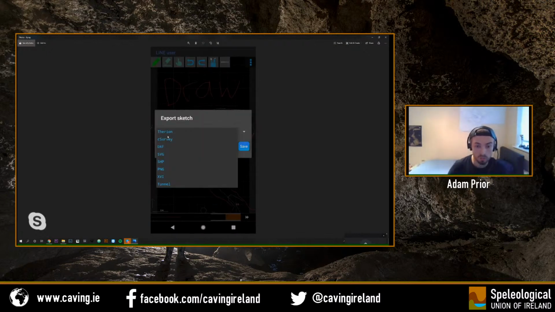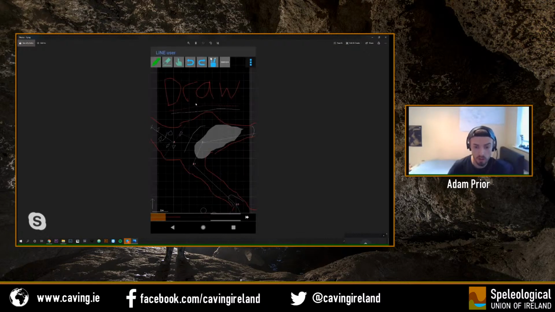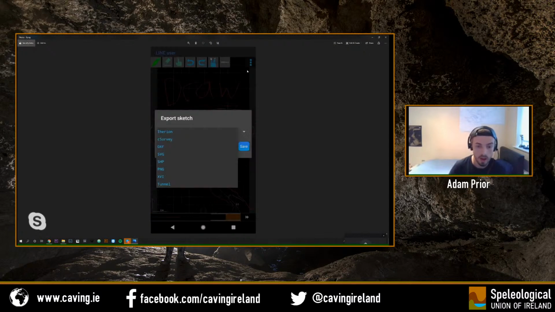So when you finish drawing, when you want to get this sketch off your phone and onto your computer, this is the process you're going to follow. You click this button up here, which will open up the options, and you can click the export button, and then it'll open up this export sketch with a drop down menu. So for my workflow, I'm going to click Therion. I will always click